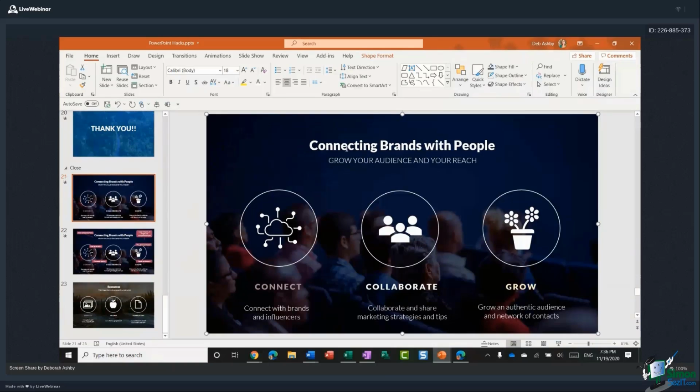It does. Even like here, the title is in uppercase and lowercase, whereas the subtitle is all in caps. Even something as small as that gives your presentation a completely different feel. If this was all the same as this, it just doesn't look as professional. It's little things like this. Even down here with the words connect, collaborate, and grow, I've changed the character spacing, so we have wider gaps between the characters. I've only done it on these three headings, but again, it has a really big overall impact.